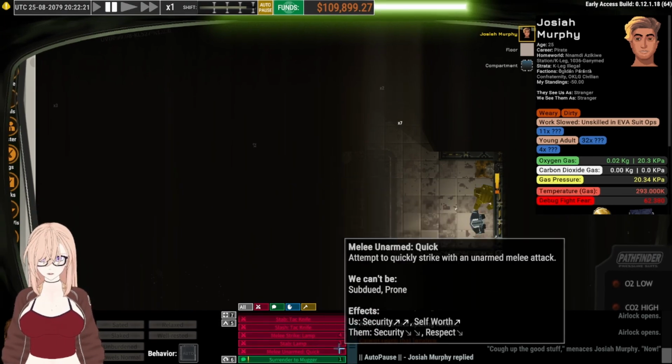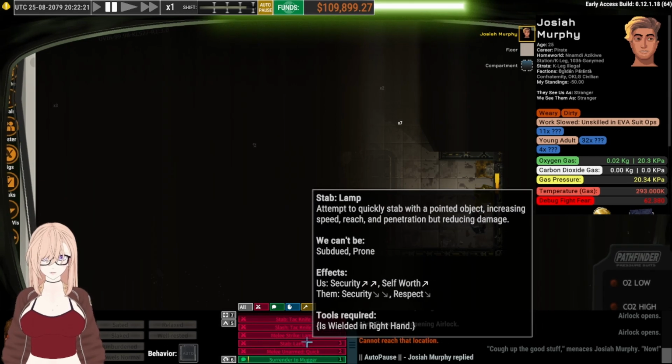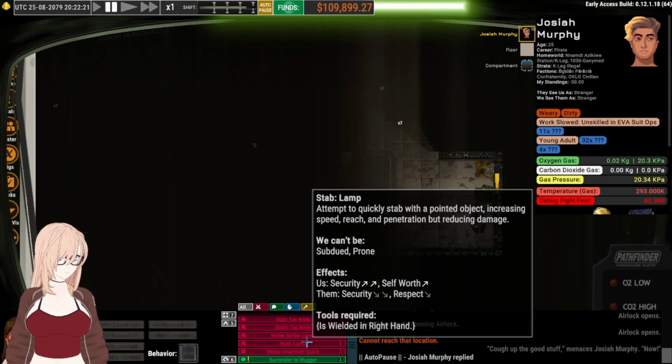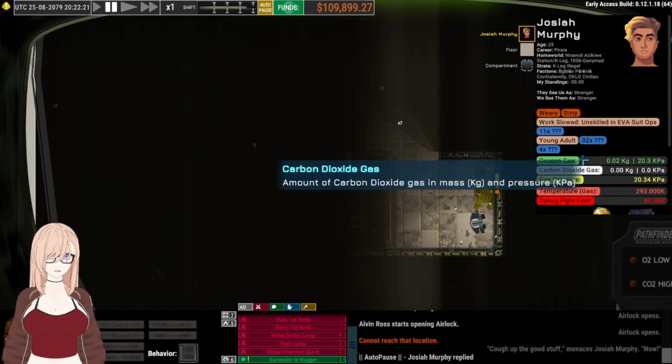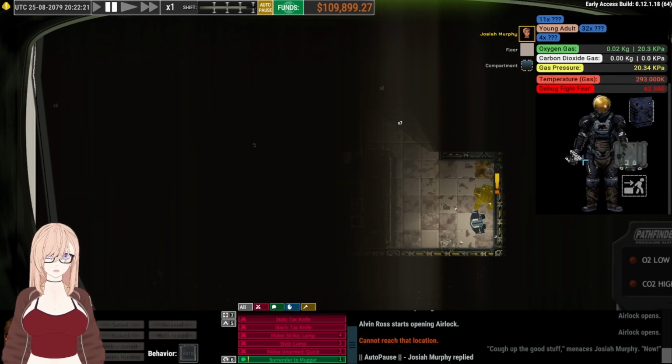I can apparently attempt to stab him with the lamp. Like, the flashlight that we currently have in our hand, it's giving me the option to attempt to stab this person with it. Let me see. They have a gun. And again, no ammunition, I don't think, anyway. But